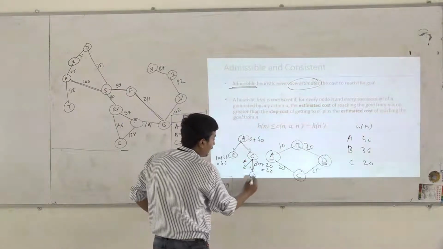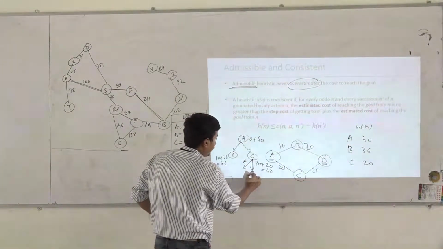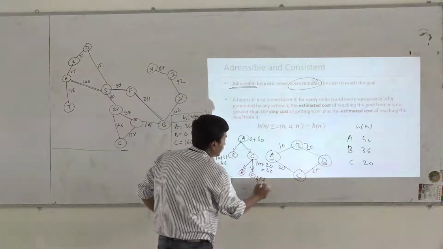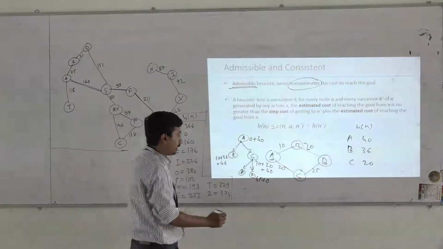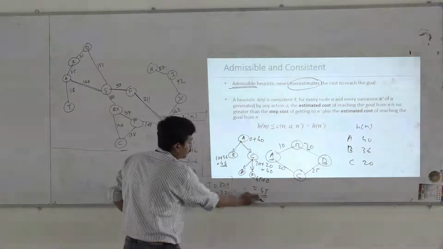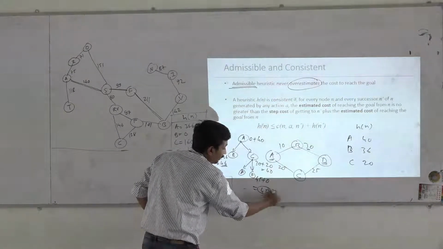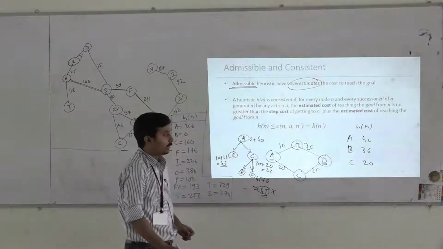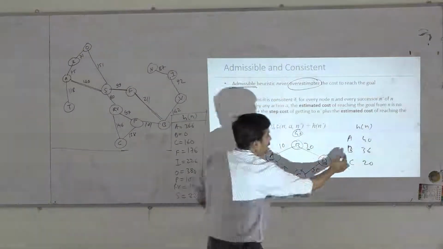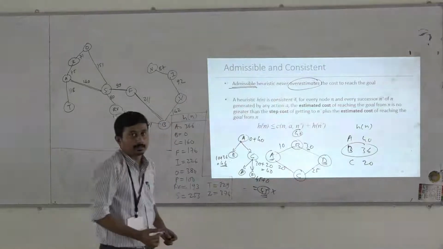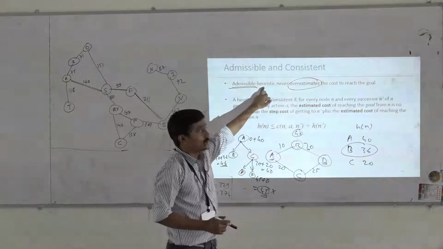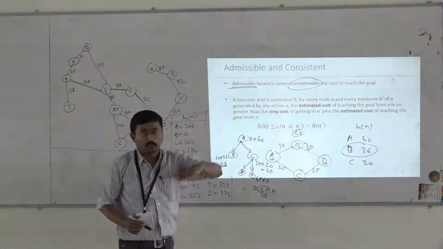For D, it is 45 plus heuristic value will be 0, right? So it will be 45. So now the unexpanded paths are these two, and it is having the minimum one, and we have to stop here, which is not an optimal solution, right? The optimal path is 10 plus 30, that is 40, and this is happening because our heuristic function is overestimating. So that is the problem. Your heuristic function should not overestimate the value. It should provide a lower bound.